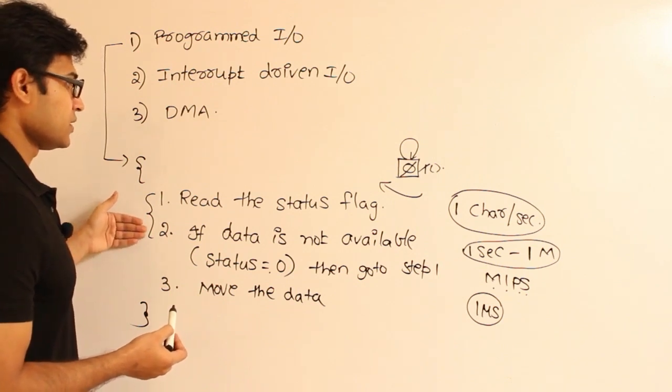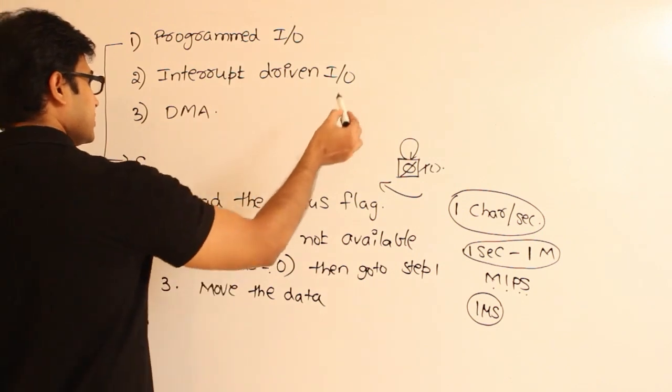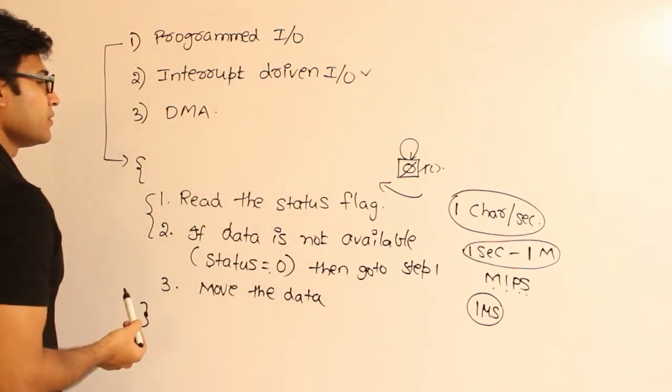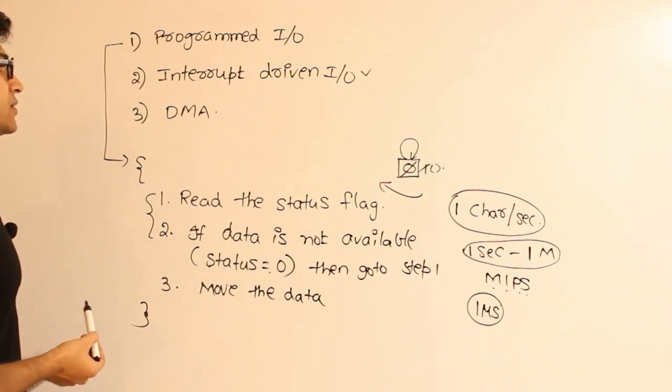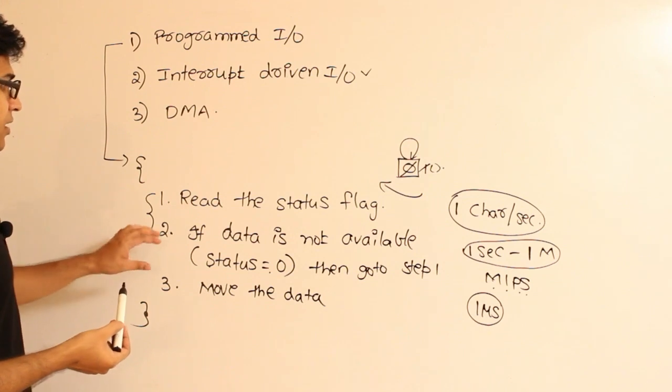Right now we are not using it. So right now we have moved on to the next method, these two methods. The next one is interrupt driven IO. The concept of interrupt driven IO is whenever there is a requirement or whenever the data is ready, our IO